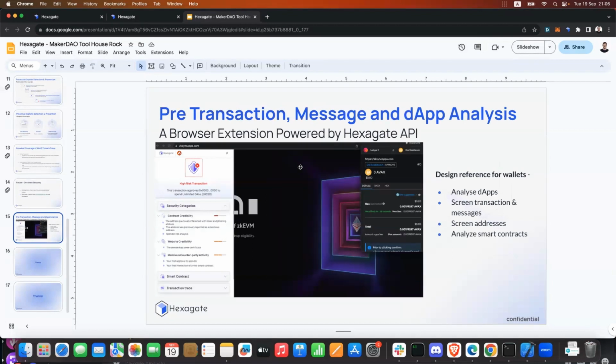This is on the left, and MetaMask on the right. You just install it from the store, and then it seamlessly works on top of any wallet, even mobile wallets, if you connect them with WalletConnect. On the left, you see this is a high-risk transaction, and we also give a breakdown of the risks in the transaction itself. So that's a demo screenshot.